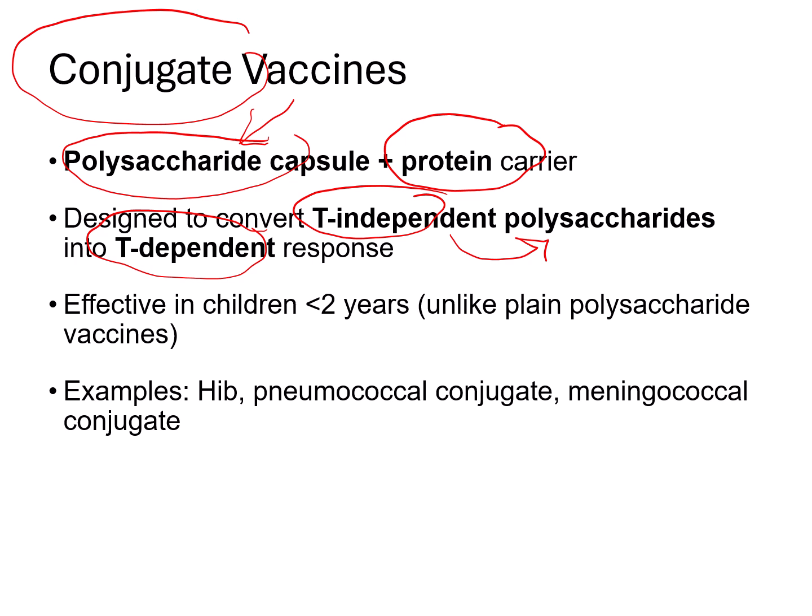And this is now going to become a T-dependent antigen and allow memory and class switching that doesn't usually occur with T-independent activation. And examples of conjugate vaccines include vaccines against Haemophilus influenzae type B, or pneumococcal conjugates, or meningococcal